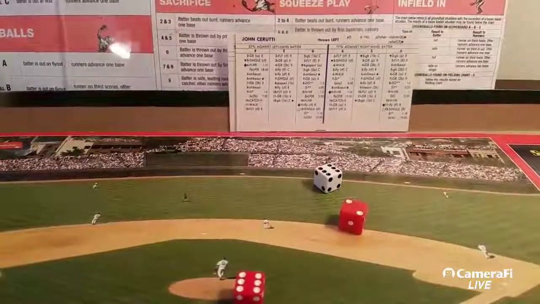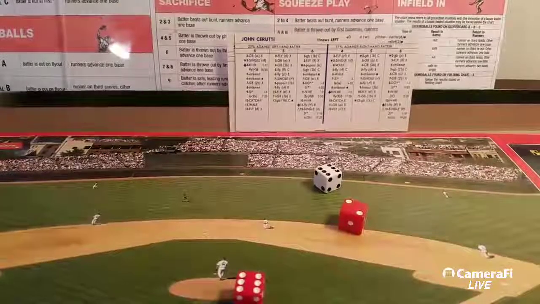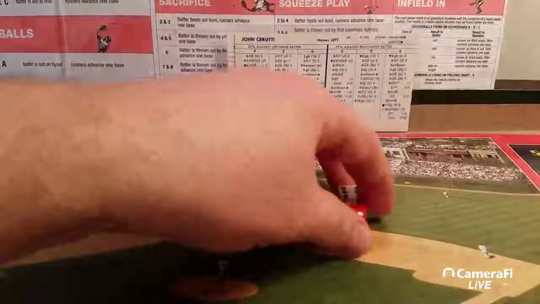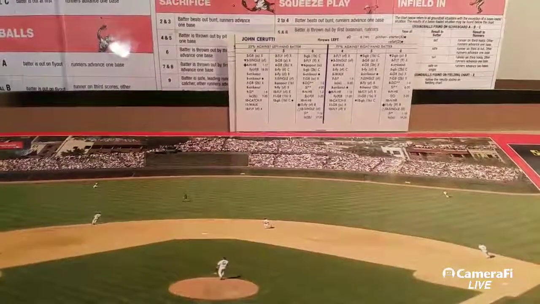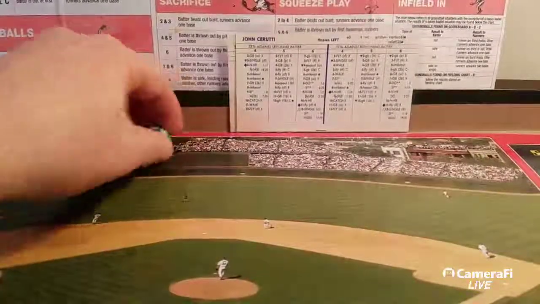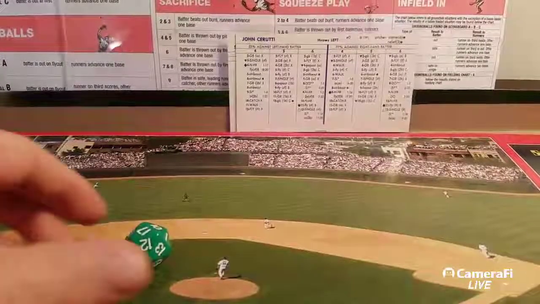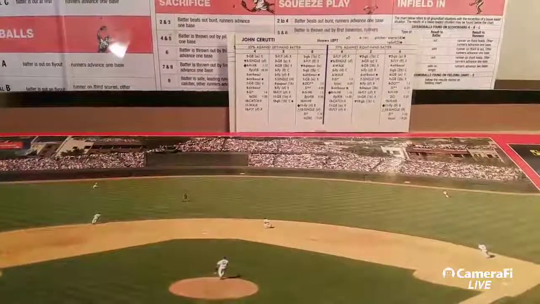That's a 6-8 against Cerruti against the lefty Boggs. 6-8. Split chance. 1-3 is a double. 4-20 is a single. They're both 2 stars, so the run will not score. Let's roll it so you can see it. That's a 17. So that is a